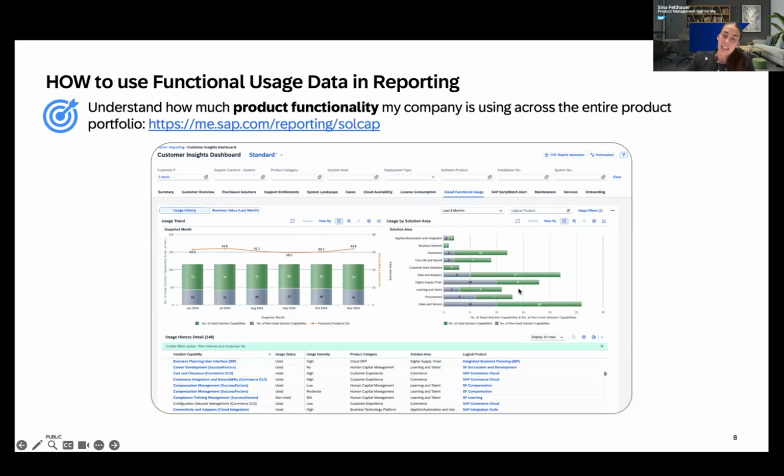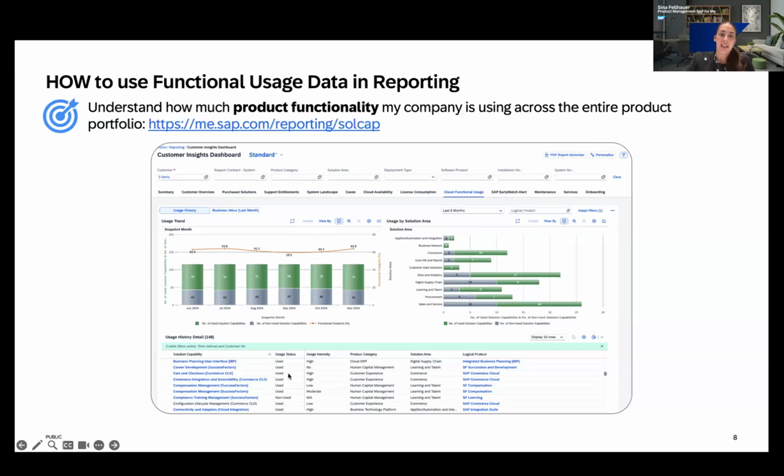And what is really nice about this dashboard is you can click every single part of these charts. So for example, you could say, hey, here in commerce, there are 2 solution capabilities unused. You can click on the gray part here. Unfortunately, in the screenshot, obviously I cannot, but you can click on this gray part and the entire dashboard that you see will filter to exactly those 2 unused solution capabilities. And then in the table below, this is where you find the details.